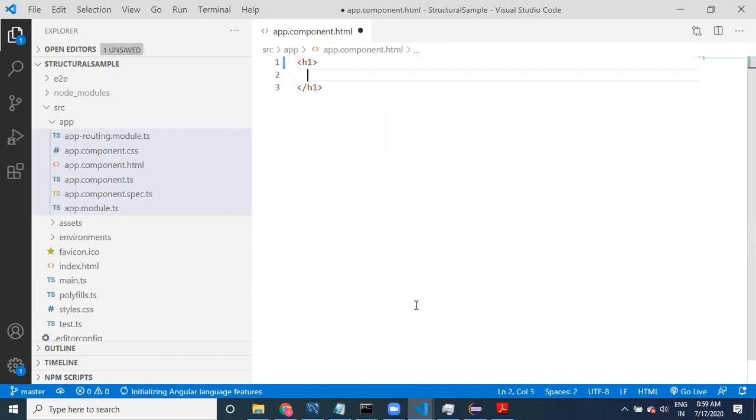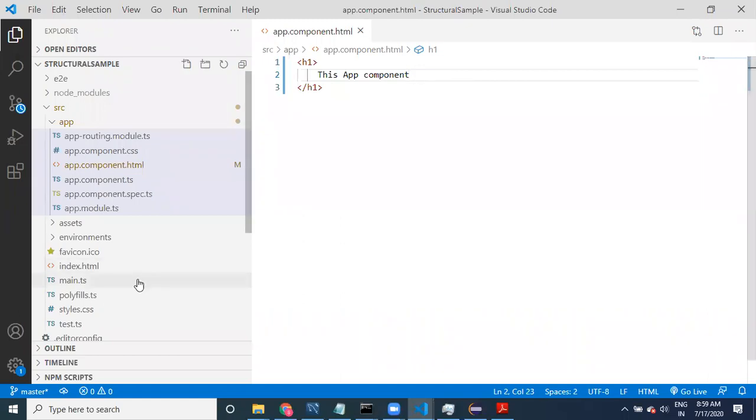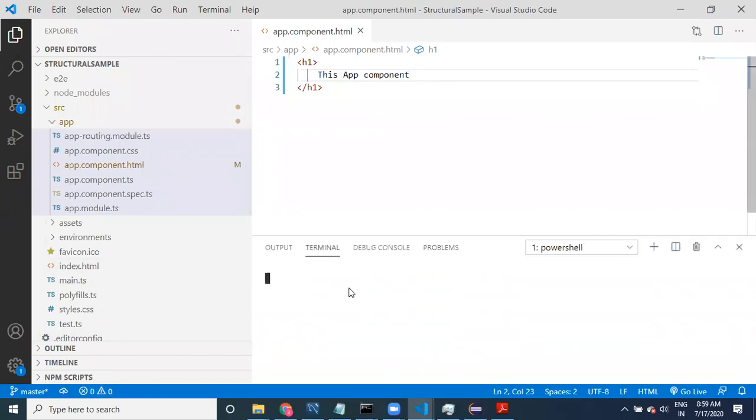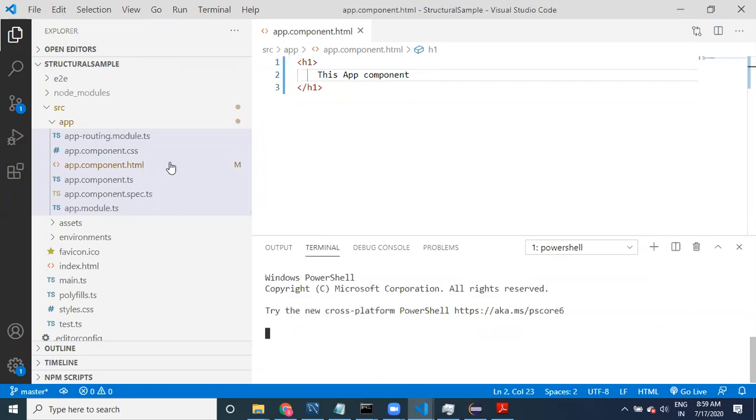I'll add an H1: this is app component. App component. Yeah, let's look at it, guys. Now I will go to the exact terminal that points to where this new project is available, structural sample.